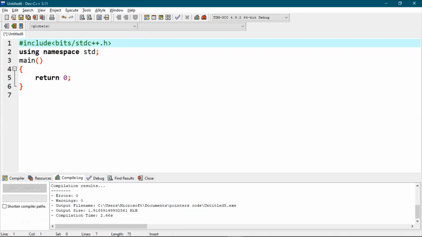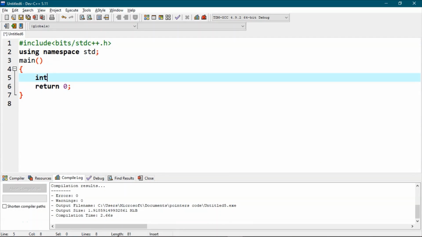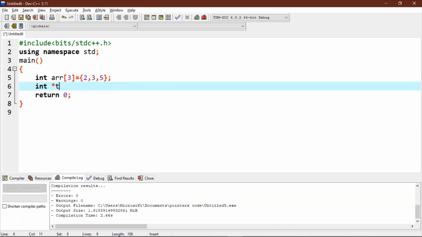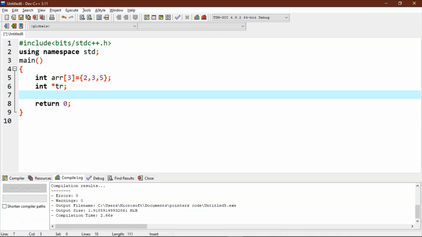Let's declare an array of size 3. Let's give them some value. We will then declare a pointer and assign it to the array's first element.